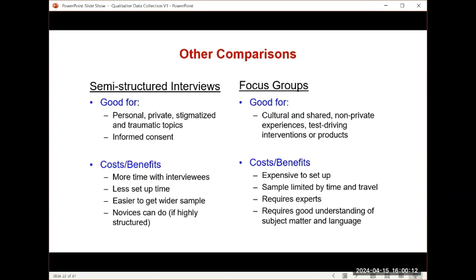Focus groups, definitely good for shared consensual things, cultural things. And they're really good for actually testing interventions where you're looking to get as many eyeballs on the intervention to tell you all the things that might go wrong. And everybody thinks focus groups are cheaper than interviews. Wrong. Super, super expensive because you have to get all the logistics of getting people there, getting them set up. And you often lose a lot of people that can't make being in the same place at the same time. So those are your sort of options in terms of the interviewing.